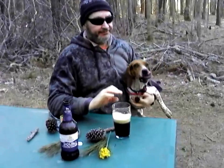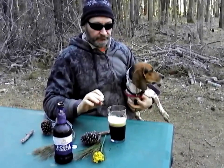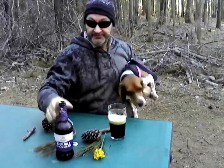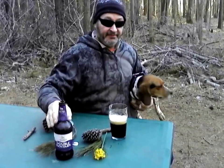Very chocolatey. Slightly roasty, and a sweet finish with this. So again, grilled meats, desserts, like if you have a chocolate cake, any type of pie, anything that's going to be sweet